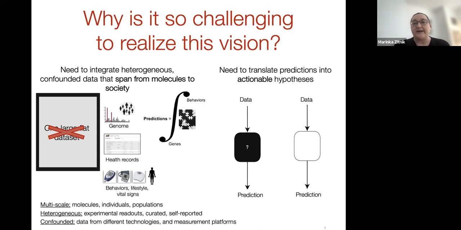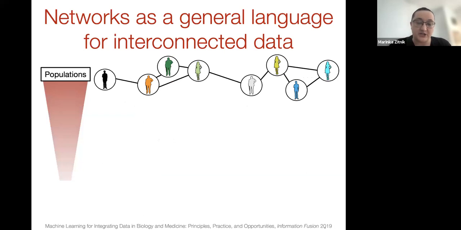The second important challenge that we need to address is that machine learning models need to be able to generate actionable predictions that lend themselves directly to testable hypotheses in downstream experiments in the wet lab or in a clinical setting. That means we need to find ways to provide predictions that are not only accurate, but also can be interpreted meaningfully. So we develop strategies to take black boxes that might be very accurate that we have today and make them more open boxes that allow for meaningful explanations as well as interpretations of predictions.